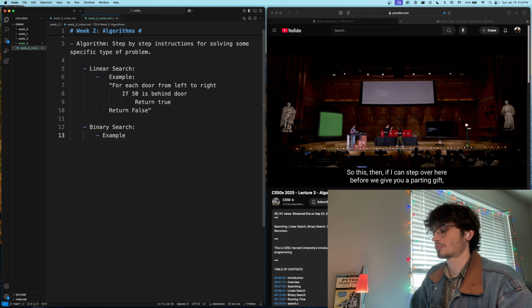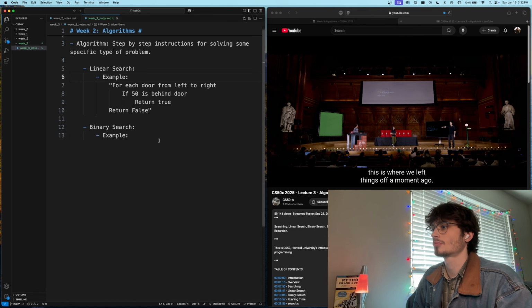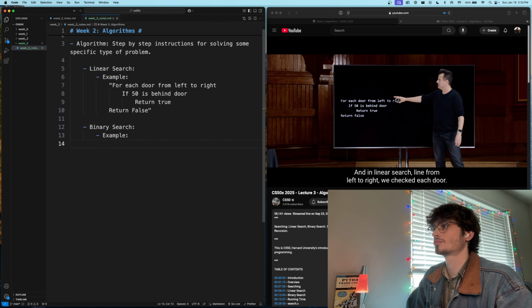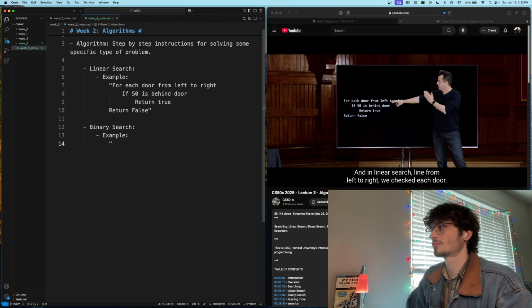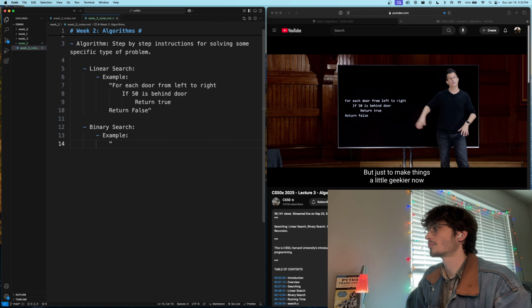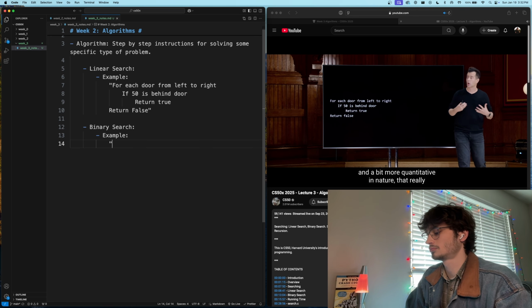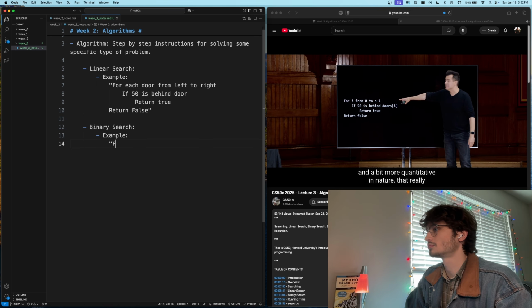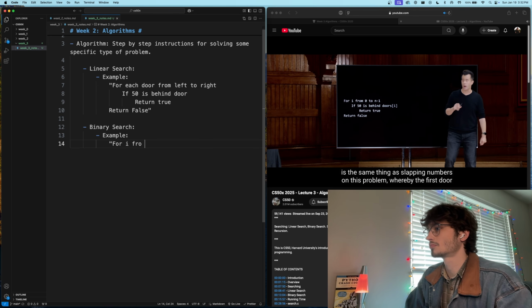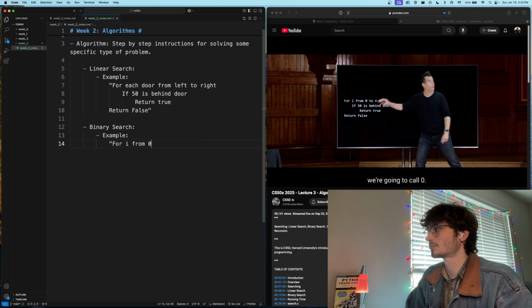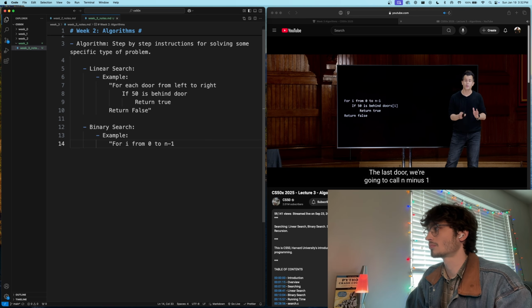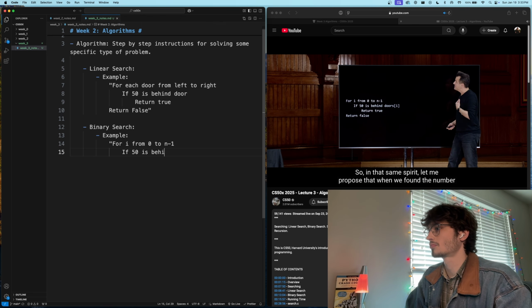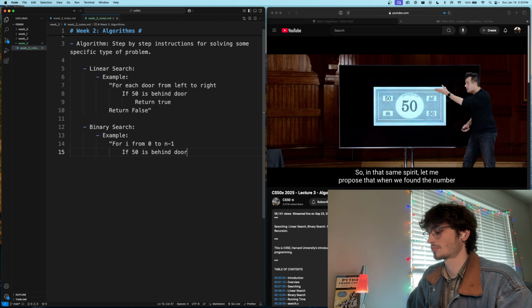So this then, if I can step over here before we give you a parting gift, this is where we left things off a moment ago. And in linear search, line from left to right, we checked each door. But just to make things a little geekier now and a bit more quantitative in nature, that really is the same thing as slapping numbers on this problem, whereby the first door we're going to call 0. The last door we're going to call n-1 if we start to treat these lockers not as physical objects, but as arrays instead. So in that same spirit, let me propose that when we found the number 50 this time,